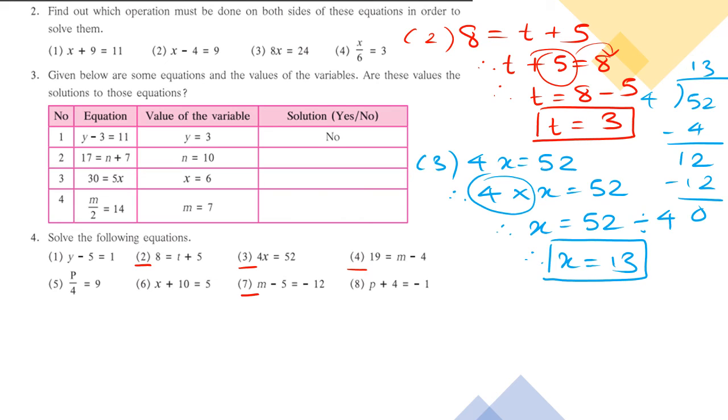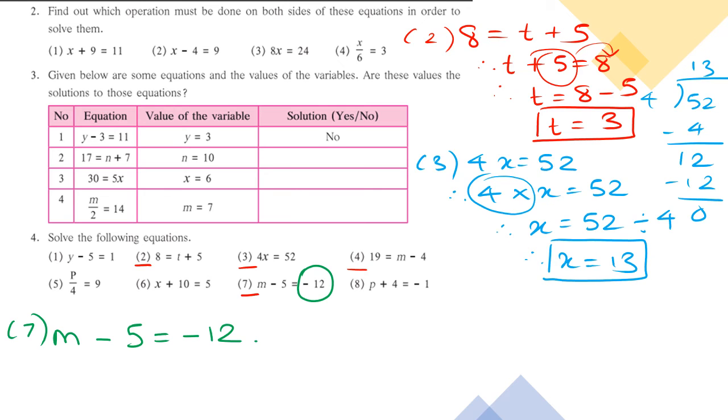Next up, we have question number 7. This is important because many people get confused by this minus 12. It's nothing, it's very simple. Just because there is a minus sign, a few people or maybe many students might get confused. Okay, so don't worry. That's why we are doing it specially. m minus 5 is given to be minus 12.